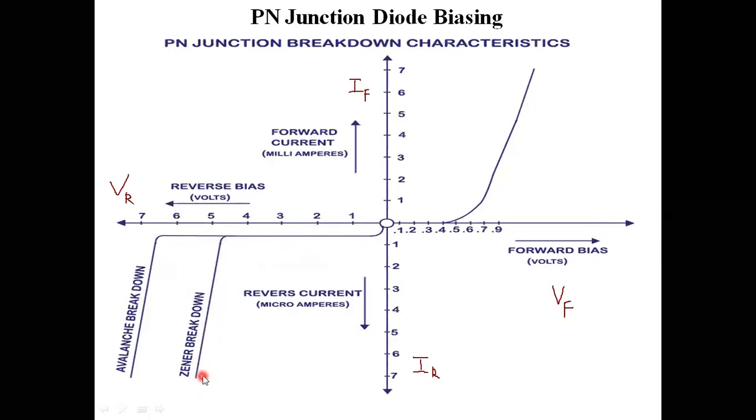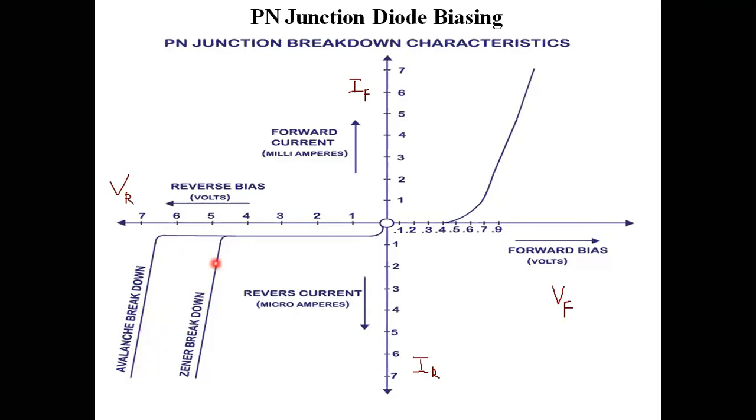Due to the applied voltage being very high in the reverse bias direction, some charge carriers, that minority charge carrier flow, will take place here, as the reverse voltage keeps on increasing. That is 4.5. Beyond this 4.5, again carrier multiplication will take place due to the avalanche breakdown process. Due to the carrier multiplication process, at around 6.5 volts, I am going to obtain this avalanche breakdown current flow here.